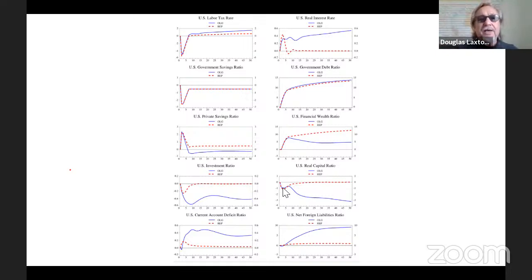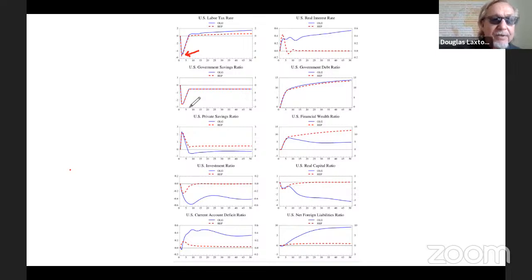But let's take an example. So on the top panel, unfortunately, my students, you got to know this frontwards and backwards. So on the very upper part, what you have is the tax rate on labor. Okay, and so what are we going to talk about here? We're going to consider basically a cut to the tax rate of 5 percentage points. Okay, and what effect is that going to have